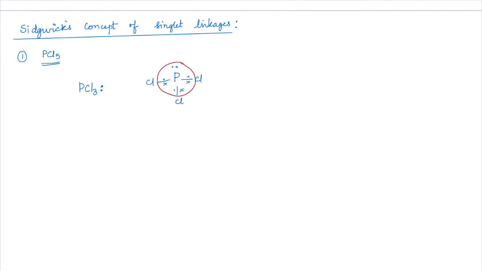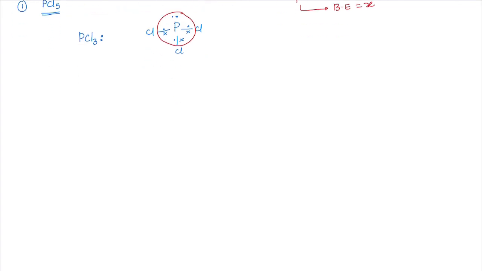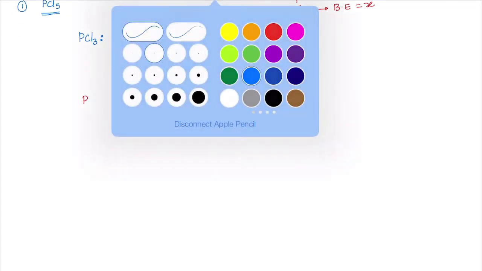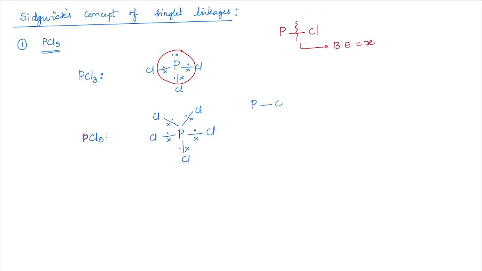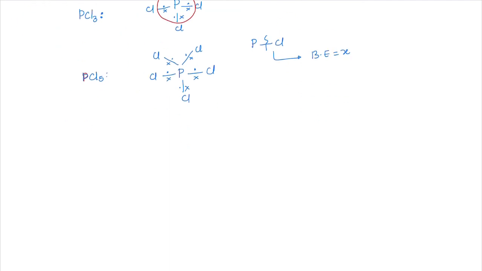Now what he says is, in PCl3, look at the bond energy of P and Cl, the amount of energy required to break the bond. Let me call it X. Just recently we have learned thermodynamics, so you should be able to relate what bond energy is. So the average bond energy in PCl3 is X. Now when we see PCl5, if we expect single bonds all like this, then the average bond energy between P and Cl here must also be X, correct? But it was not observed to be X in all the bonds.